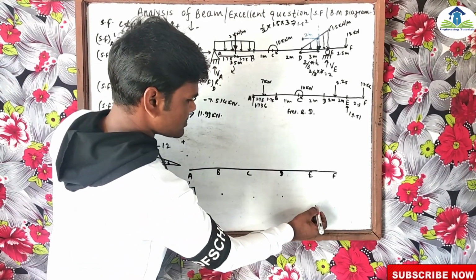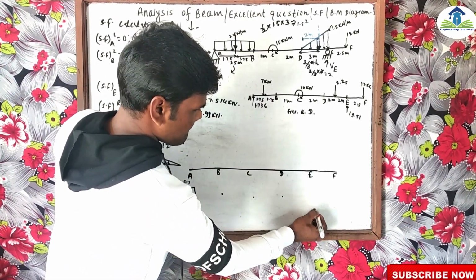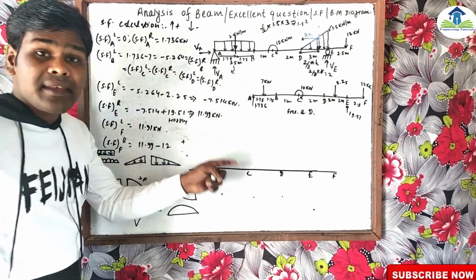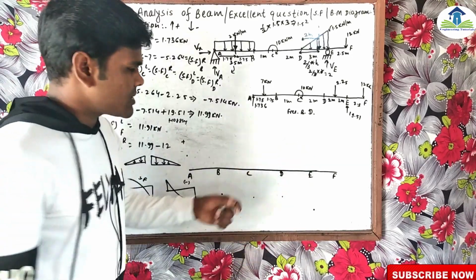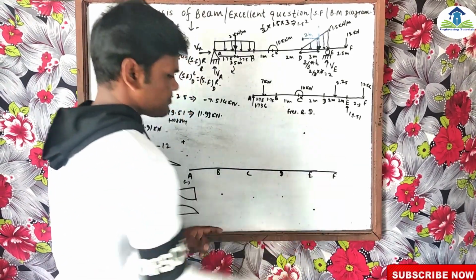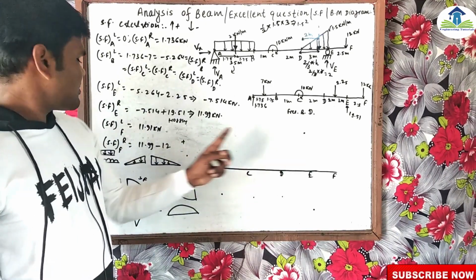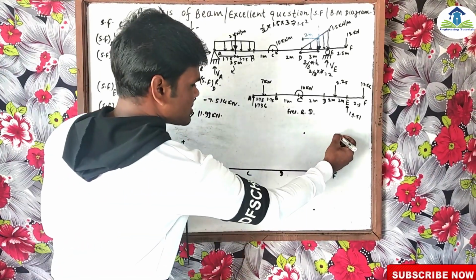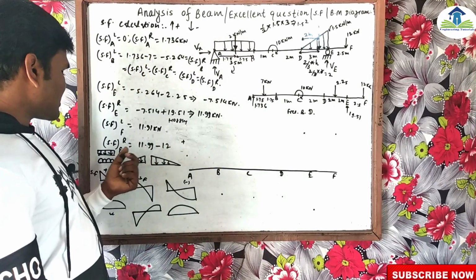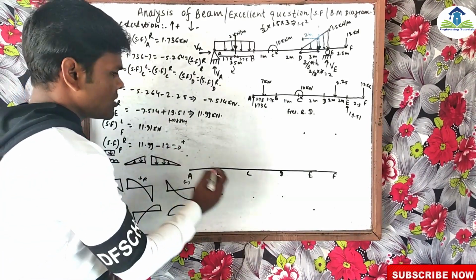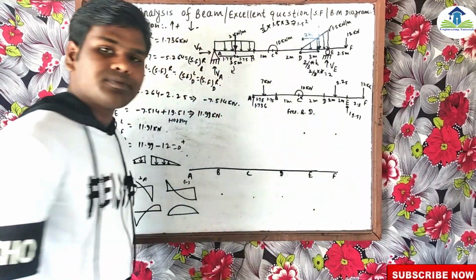7.5 means what? And at point E on the right side, 11.99. It is going to totally increase, so 11.9 means this force. So at point F, this is the total equal. At point F on the right side, this is totally 0, so it is going to be decreased totally 0.